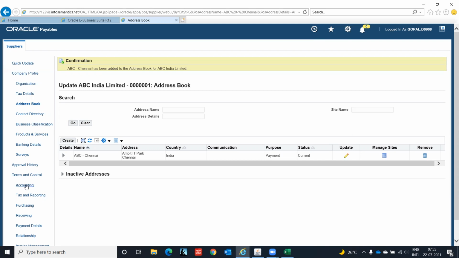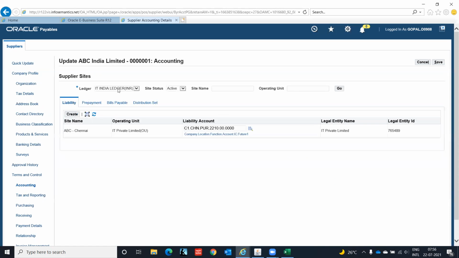Then terms and control. We have the accounting information coming over here. In the accounting, you can see that by default, what we have done in the setup of the financial options is now defaulting here. So you see here, this is coming from the financial option setup.